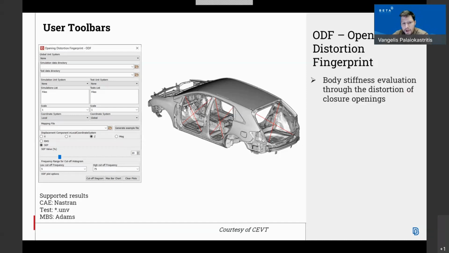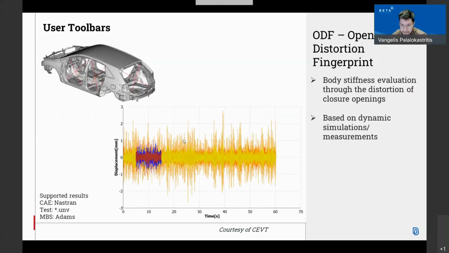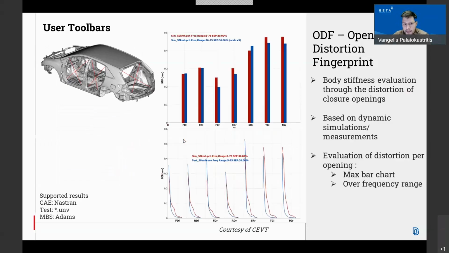So once this difference between the two diagonal nodes is calculated for each closure, it is evaluated statistically, and a bar chart or an over frequency range plot is created.